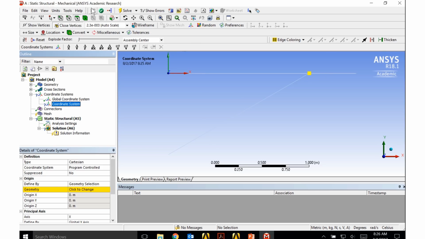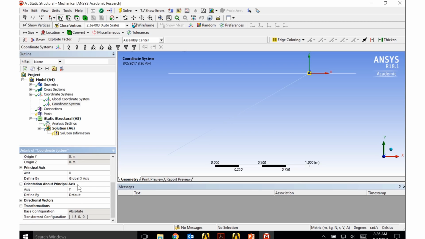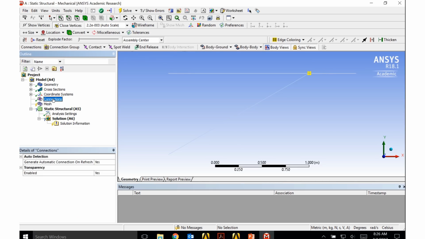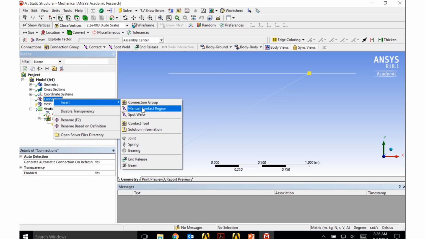So I'm going to come over here and select vertex selector, click on it, come down and click change, and you can see that origin now has been set at 1.5 meters and 0, 0. I do that so that I can put a revolute joint there, or a pin joint. So the other defaults here are fine, the x-axis and the y-axis, so I'm good to go ahead and close the coordinate system. Now I need to work on connections, so I will right click, insert, and I'm going to